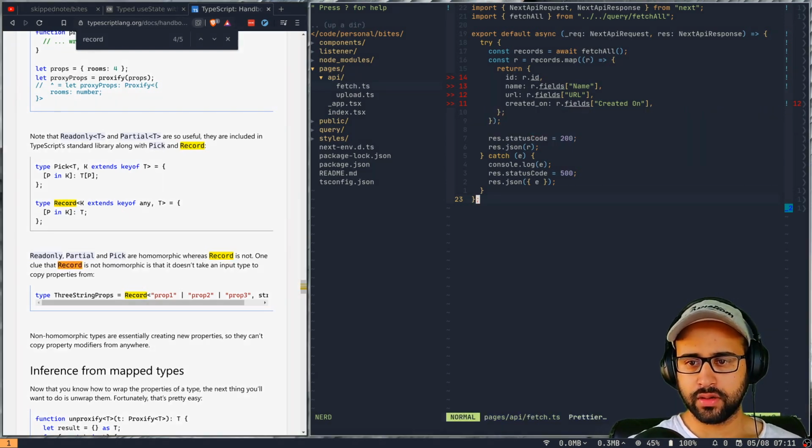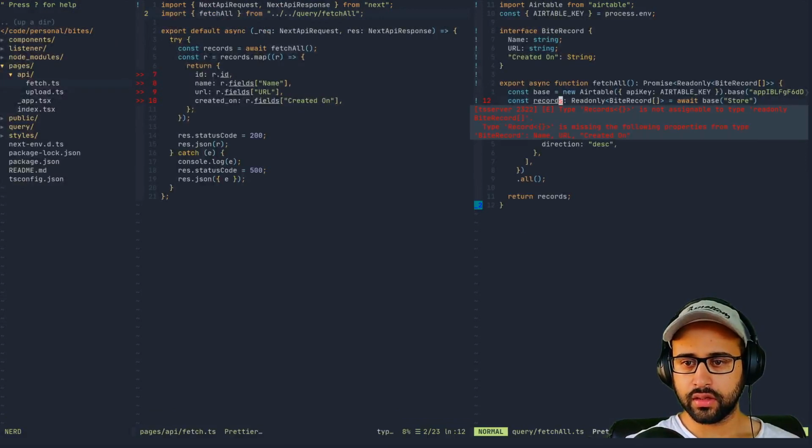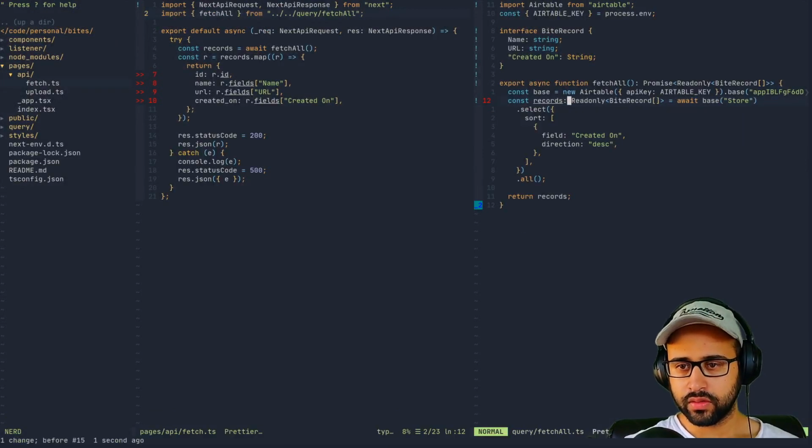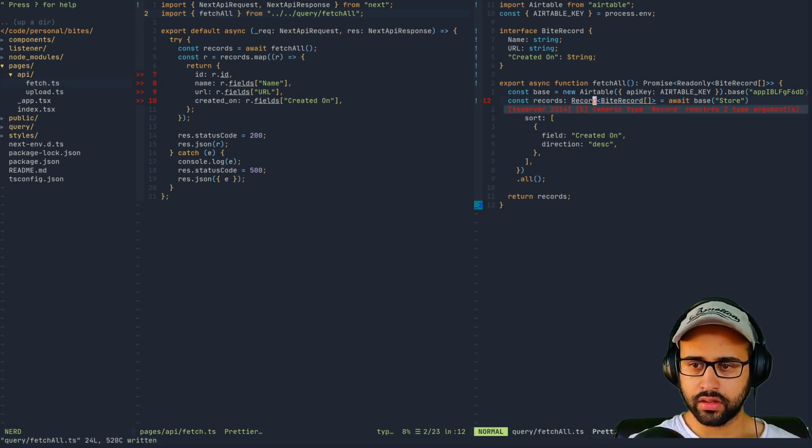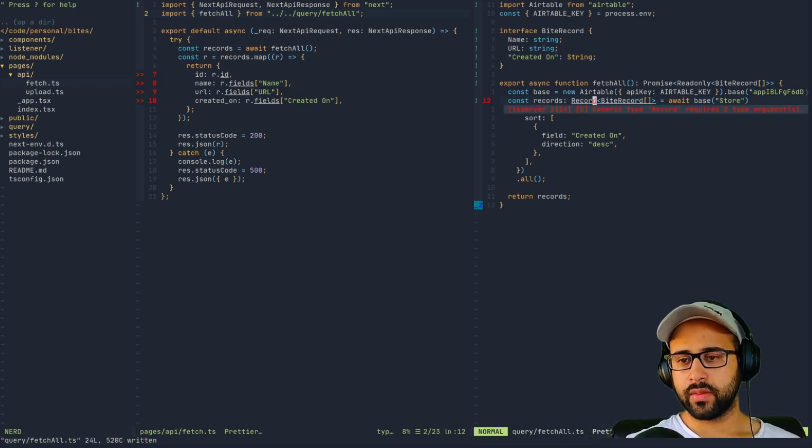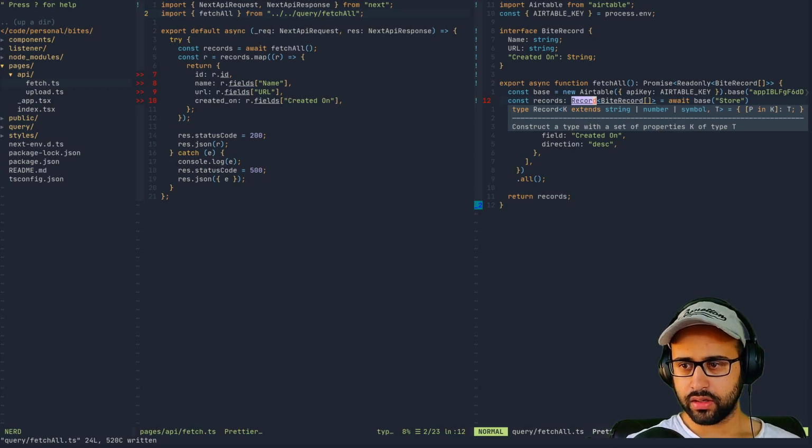I don't think, can we just instead do this, and where is our interface? I think like it's in here. So what if I do this? It requires 2 parameters. What parameters does it require?